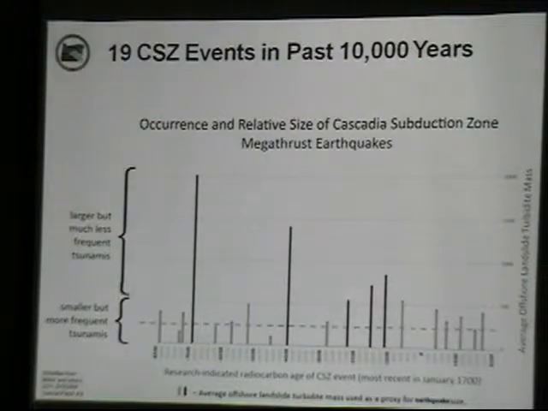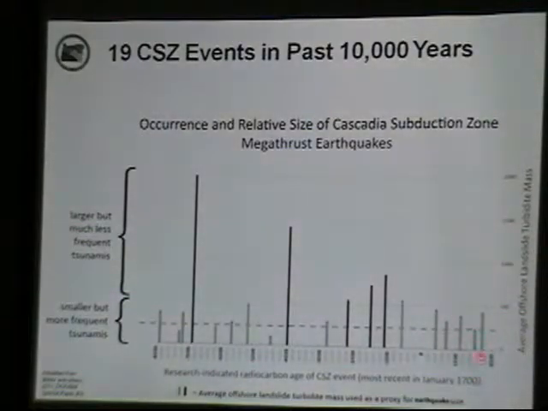So there have been a lot of geologists working on this, and this table shows time across the bottom. This is year 2000, right at the end, we're at 2013. This is all the way back to minus 8,000 AD. These bars are events that have happened, and the different heights are measuring the size of those turbidites. So you can see along this bar, there's a bunch of events that have smaller turbidites, and then there's a couple that have pretty large turbidite masses.